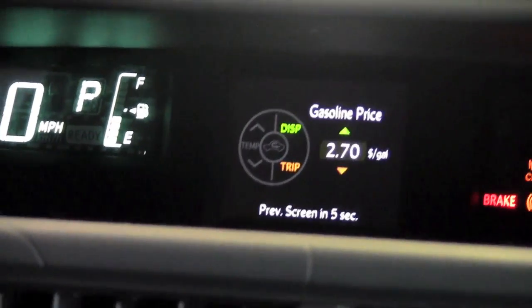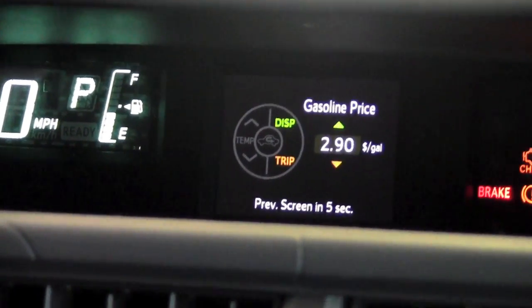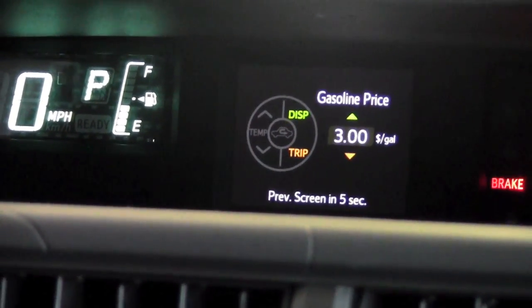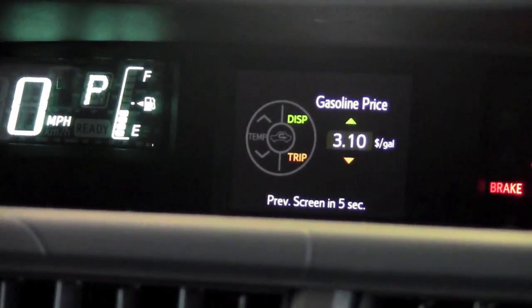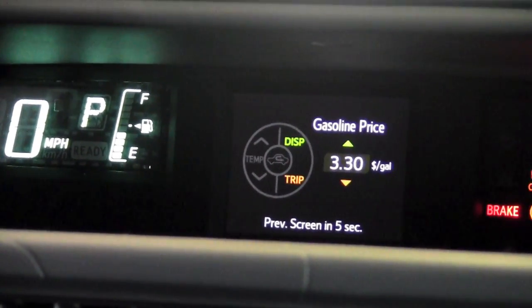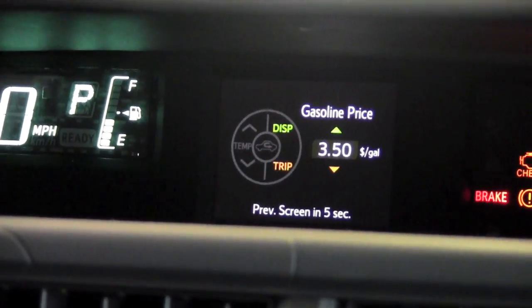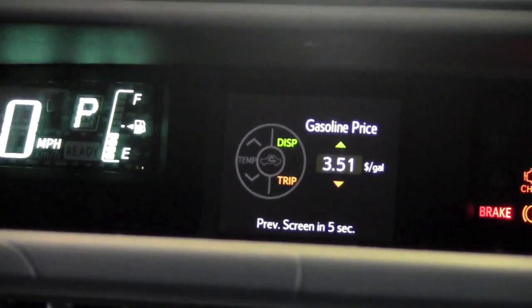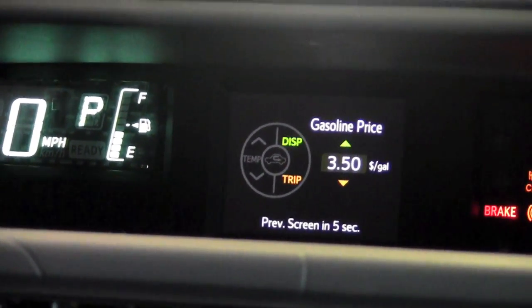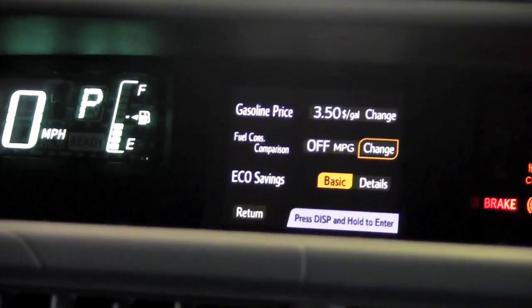Now if you hold display in, it will go a little bit faster. And today's prices, we're going to use $3.50 a gallon. So if we overshoot it, it's going to be very easy to bring it back by just pushing trip. I can come down. If I don't make any changes within 5 seconds, it will automatically bring me back to